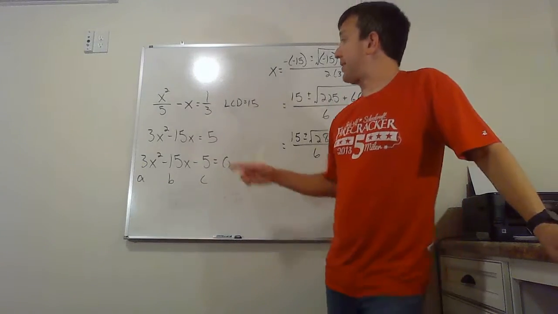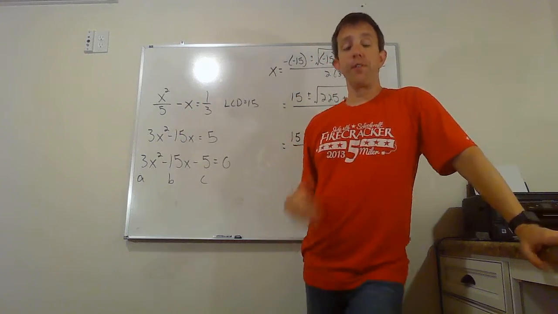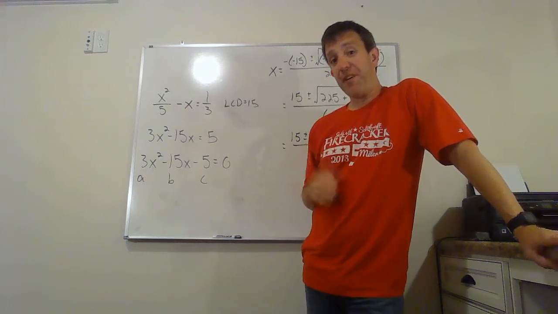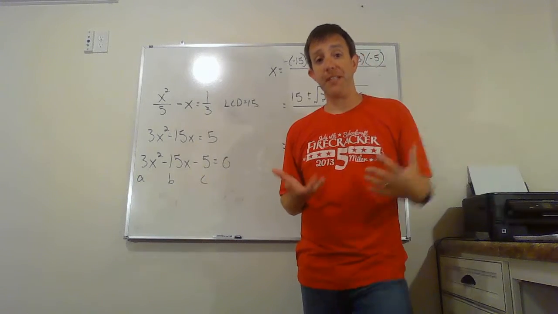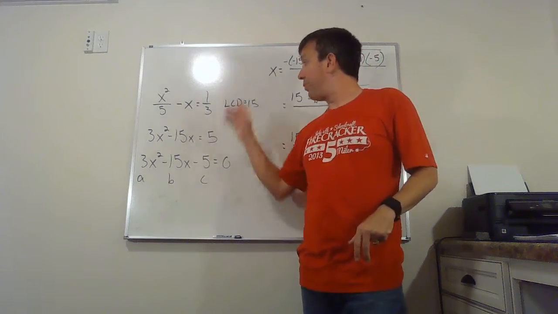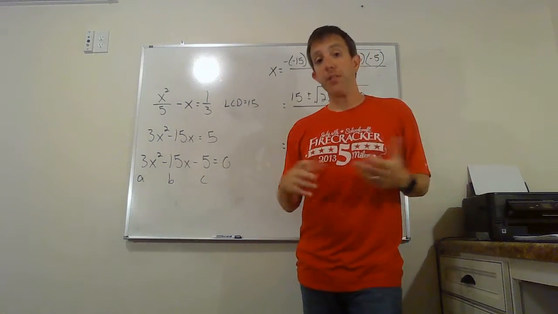Okay, for my next example, x squared over 5 minus x is equal to 1/3. So the first thing I notice is I've got fractions. I don't want to do this with fractions. The formula is messy enough as it is. So I'm going to wipe out the fractions by multiplying everything by my common denominator, which in this case is